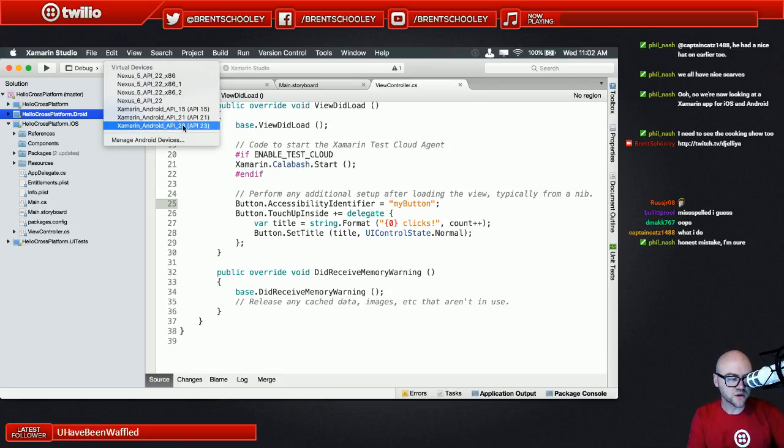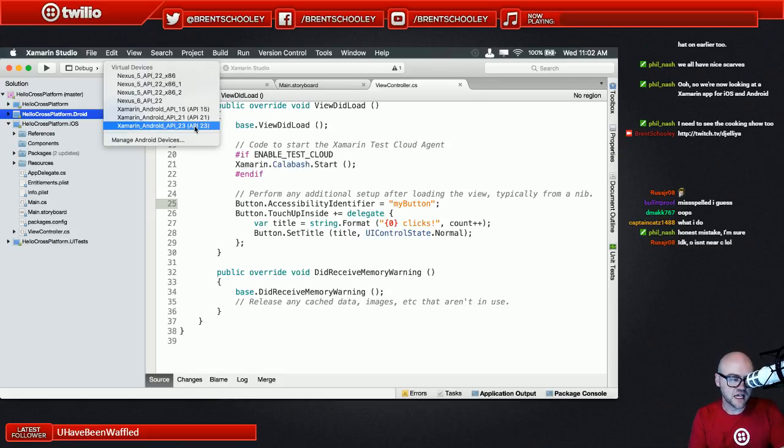So what we want is Xamarin Android API 23. What this does